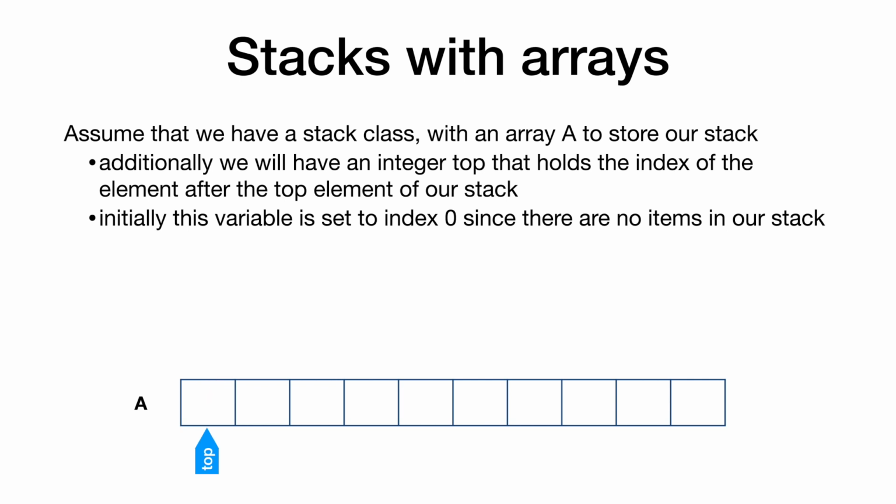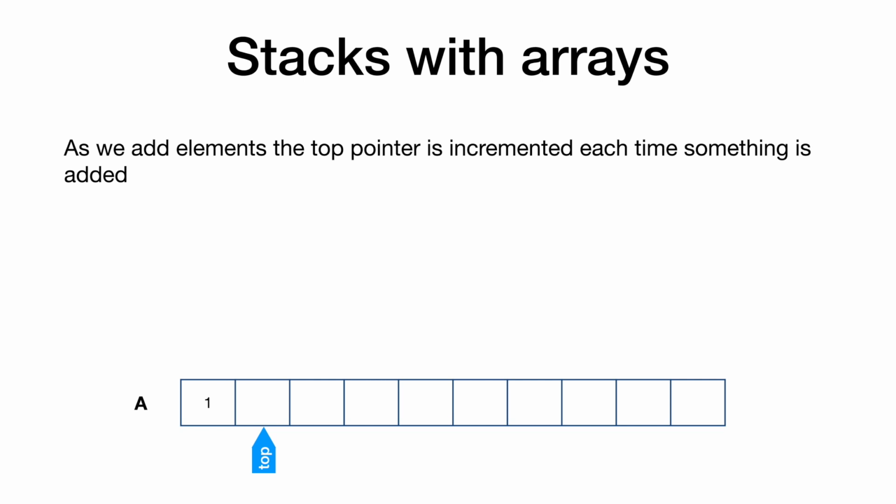So right now our stack is empty, so the element after the first element in the stack is 0, because there's nothing in the stack. And as we add stuff, this top pointer keeps getting pushed further and further, but top is always pointing to the index in the array that's just past the last element that we added,